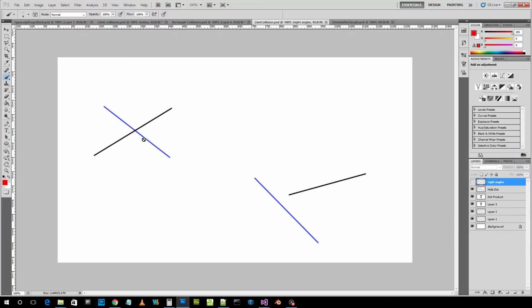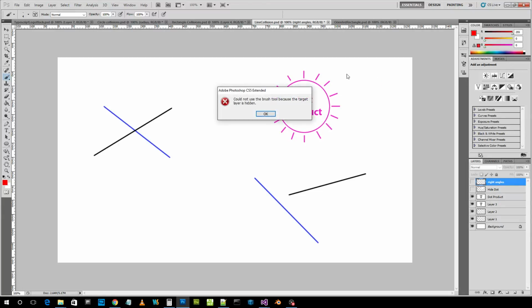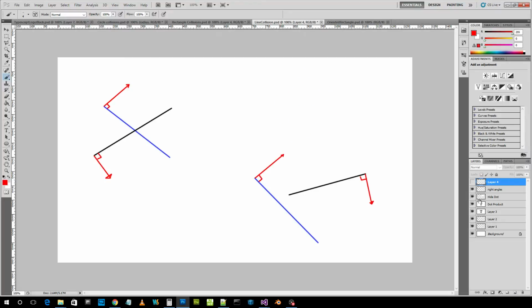Here we've got two line segments that collide, and here we don't. So the way the dot product works is, if the two vectors are the same,